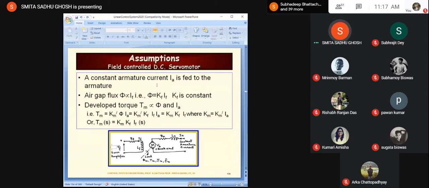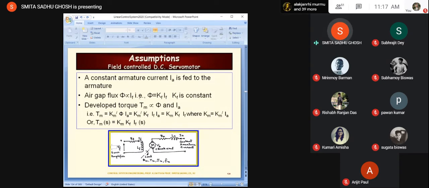So if phi is a flux and If is the field current, what would be the unit of Kf? What would be the unit of Kf if phi is the flux and If is the current in the field? Weber per ampere. Yes. So it's going to be flux per current, Weber per ampere. Okay. So when we go through this derivation of the model of this DC servo motor, please keep on noting the proper units for the constants, because at each step we introduce certain constants and units have to be taken care of.